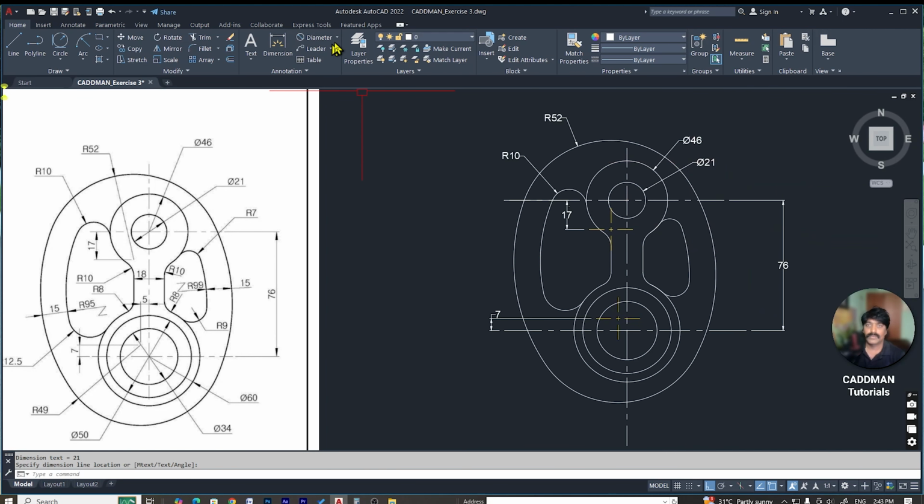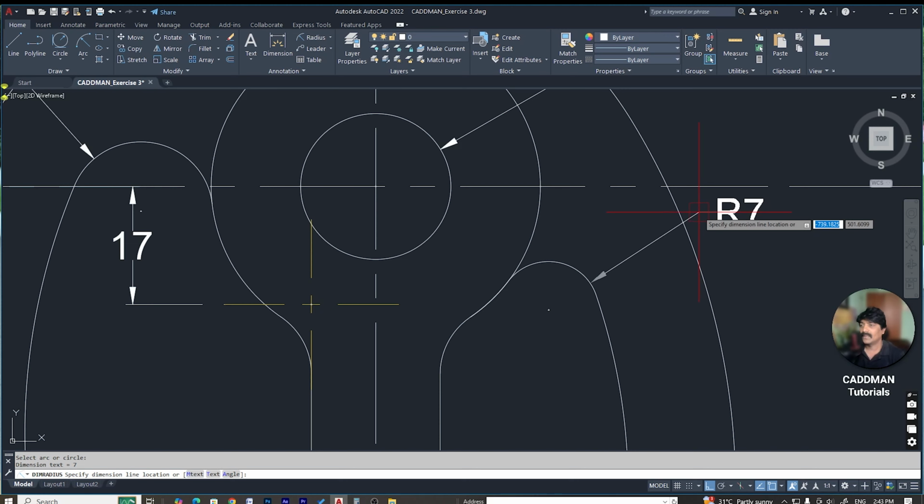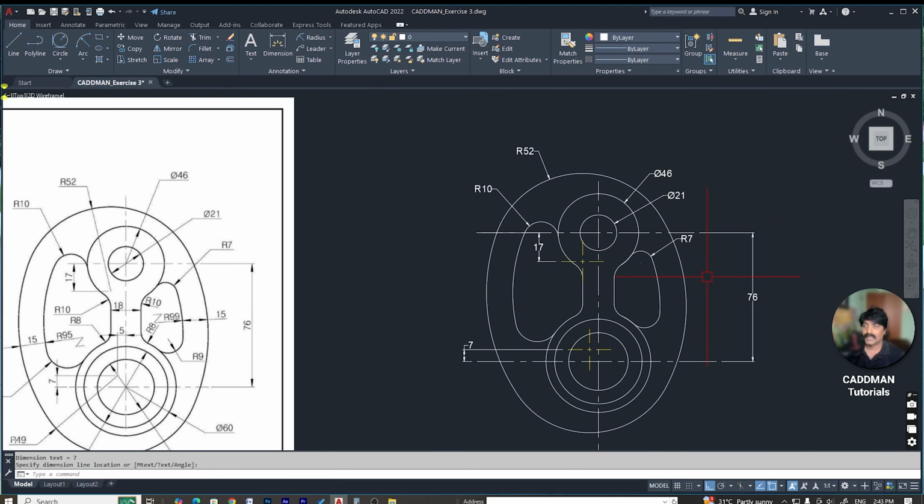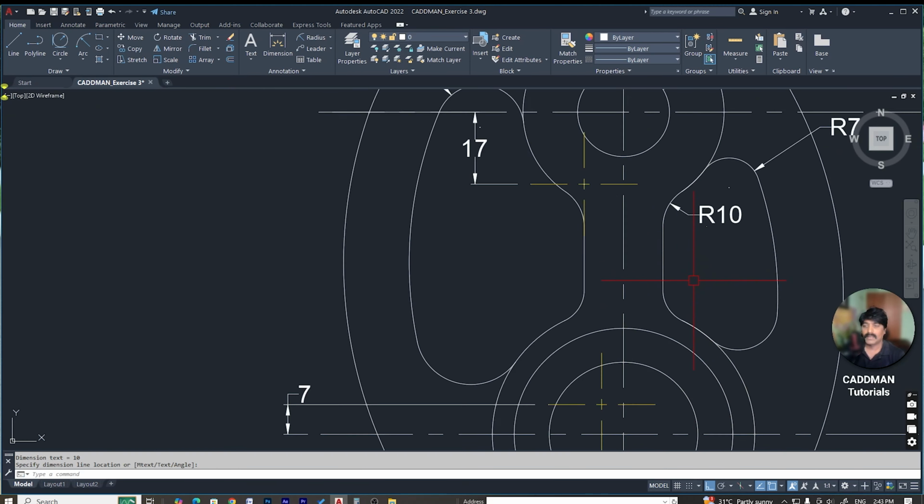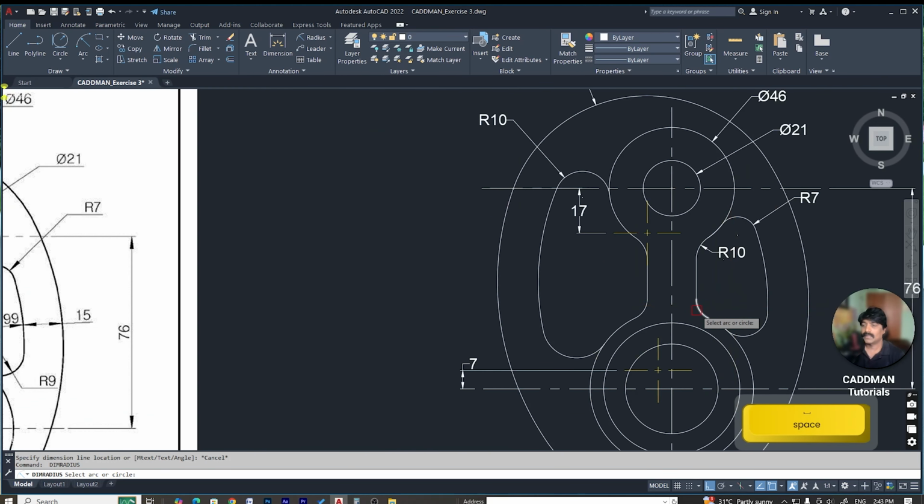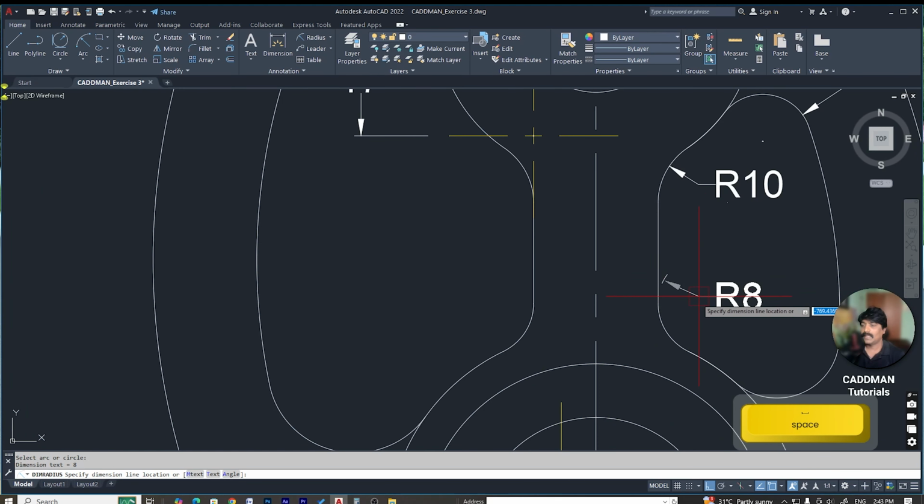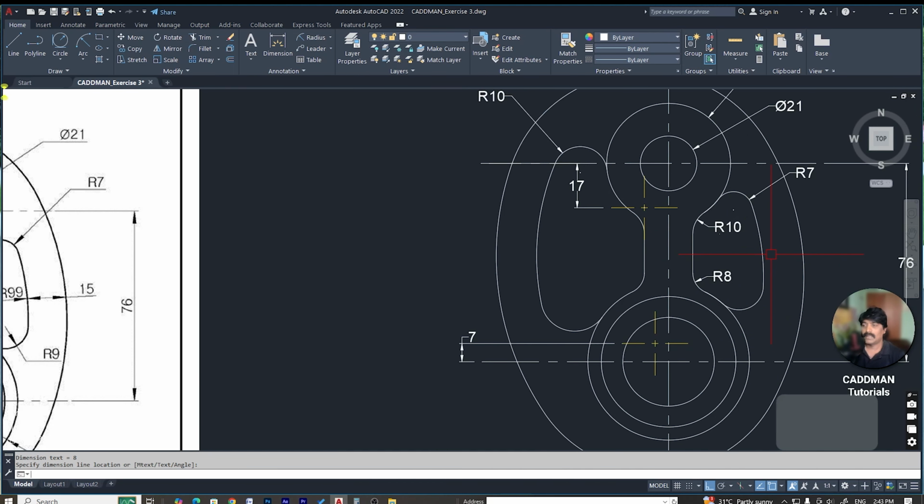And let's give the radius and diameter. This has radius 7 and this inner radius has R10, and give this radius as R8, and this radius